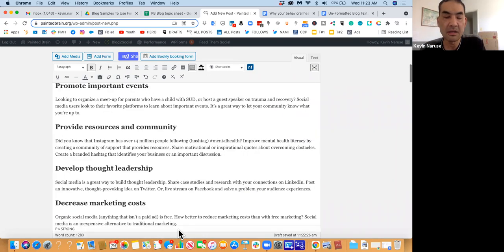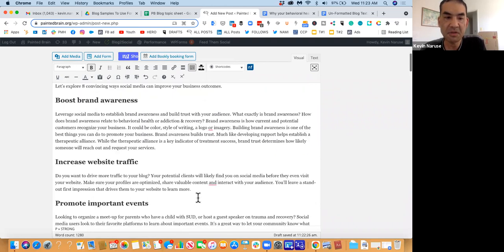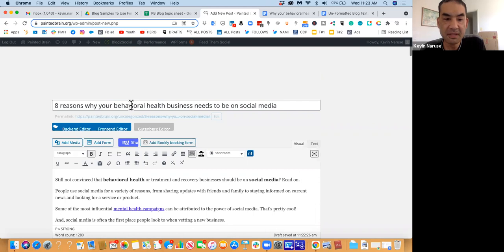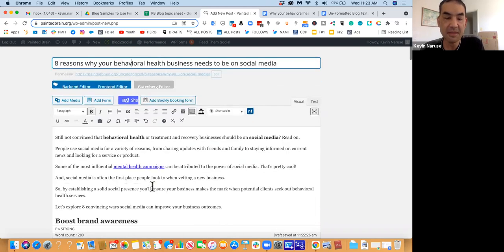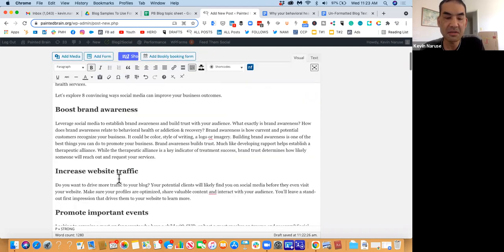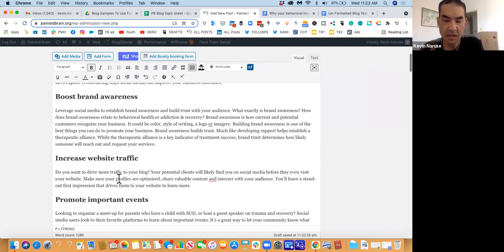Okay, now another thing that Google likes is structure. You structure your content so that you not only have a title, you have a heading, you have subheadings, and your subheadings are also aligned with the keywords that you're using. Ideally, you would have keywords inside the important places like your title, your headings, your subheadings, your first paragraph, or your last paragraph.